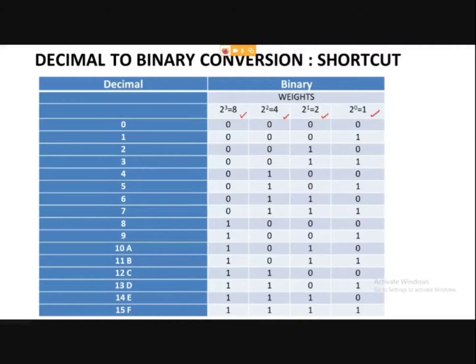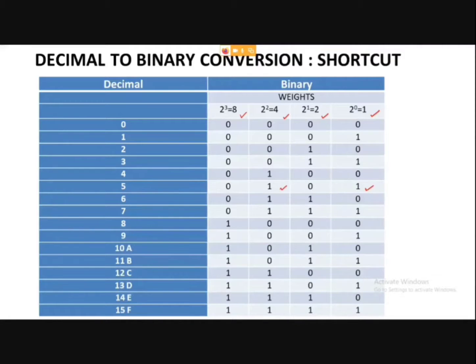Now suppose you are going to the market and you want to purchase 5 kg of wheat flour, and you go to a shop which has wheat flour as a loose quantity. What weights will the shopkeeper be using? Suppose there are only 4 weights: 1, 2, 4 and 8 kg. Definitely, if you want to measure 5 kg, you will use 4 and 1. So 4 plus 1 becomes your 5, and the rest of the 2 weights are not used here.